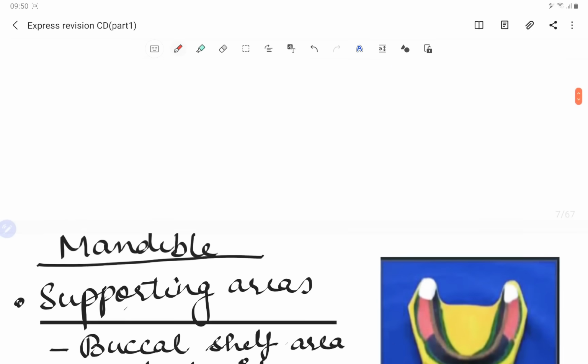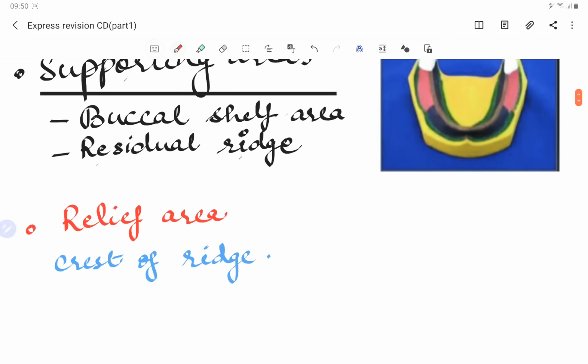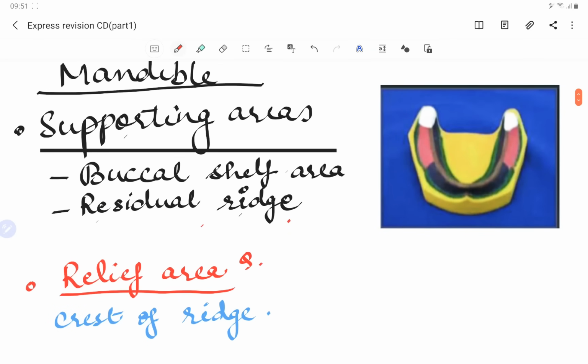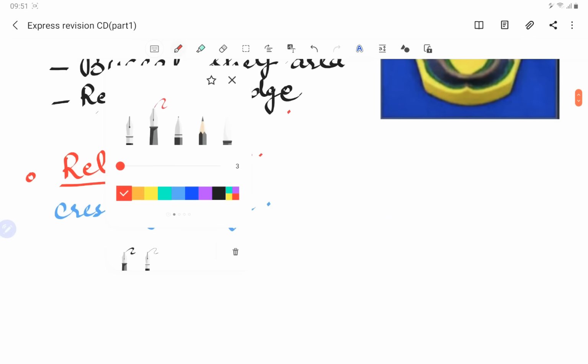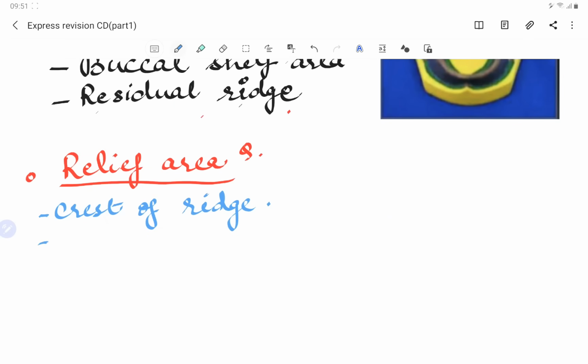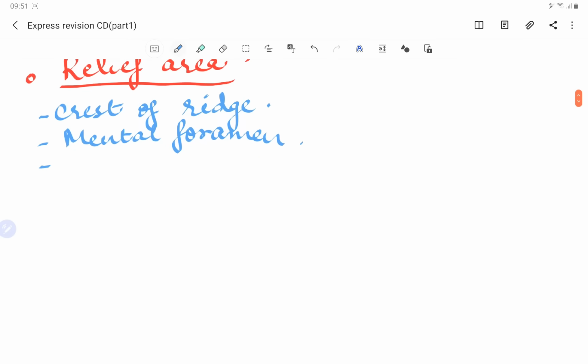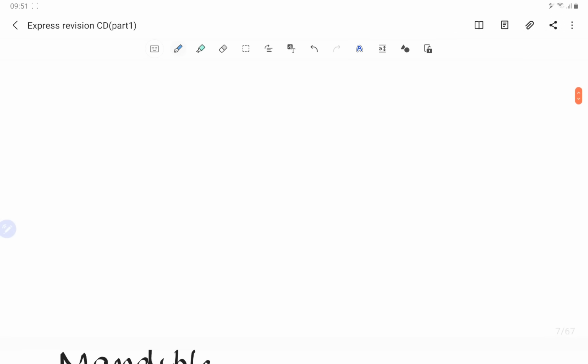Okay. So, if the question is asked from the relief areas, if all of the following are relief areas except, and if in the options residual ridge is given, then you have to mark residual ridge, because residual ridge is a supporting area. Relief areas, we have got the crest of the ridge here. Crest of the ridge, then we have mental foramen, then the genial tubercle, tori in the mandible, which we call